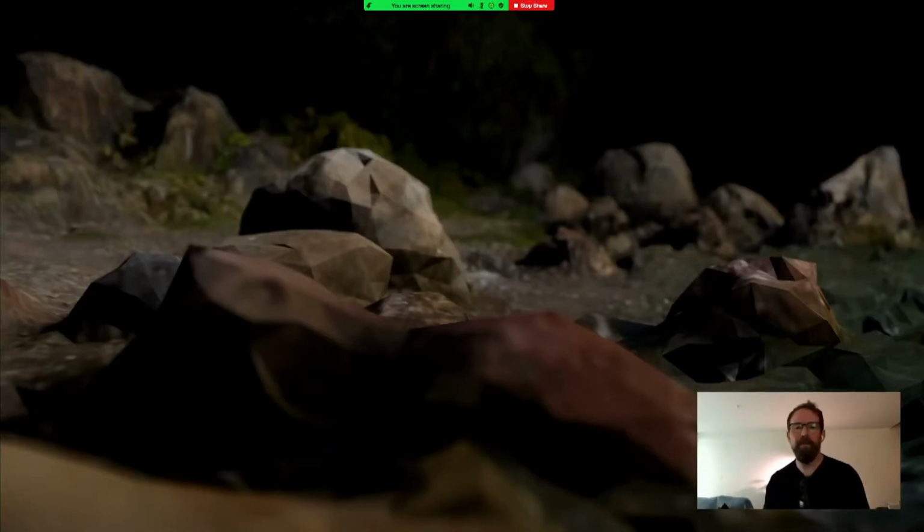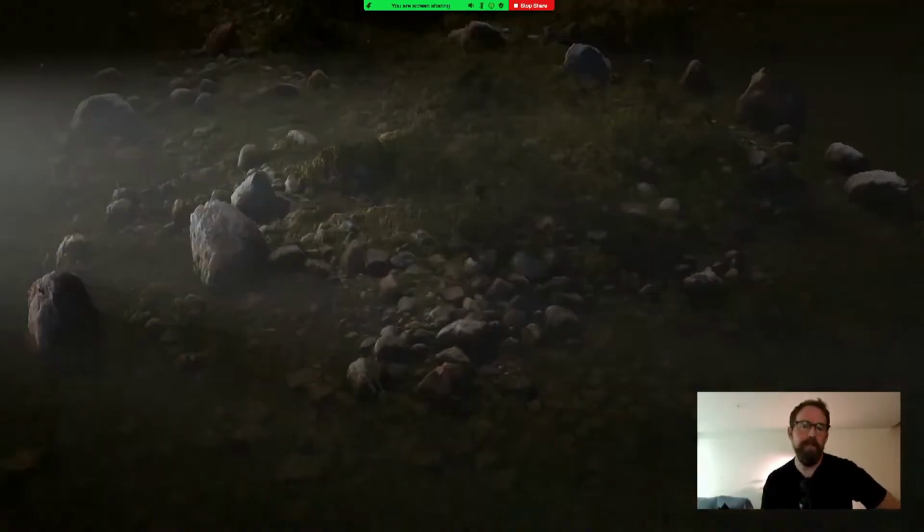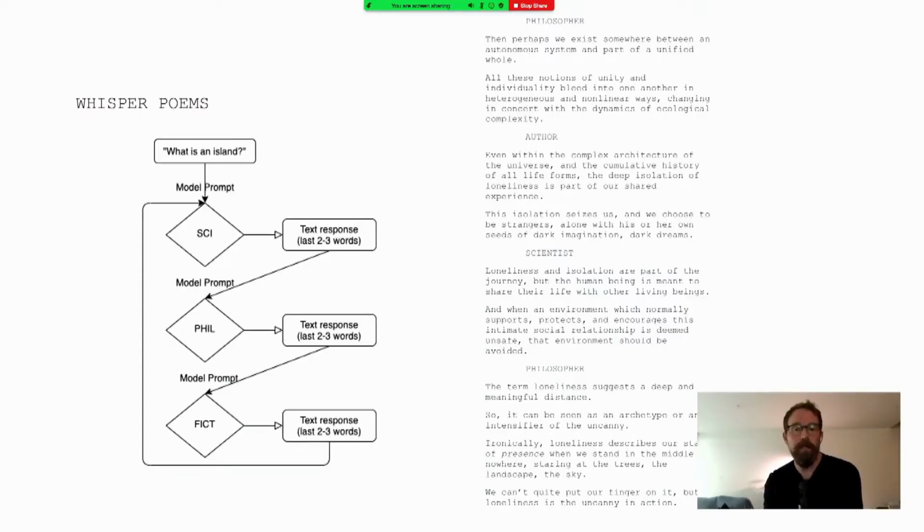So instead of reflecting an uncanny image of human intervention like the other chapters in the film, they present a more paradoxical image of a system operating in more geohistorical rather than human timeframes. The title Whisper Poems refers to the logic of the AI conversation, in which the last word spoken by the scientist AI becomes the prompt for the philosopher AI, and so on with the author AI as well. So there is some continuity in their conversation, but only the continuity provided by a single word,